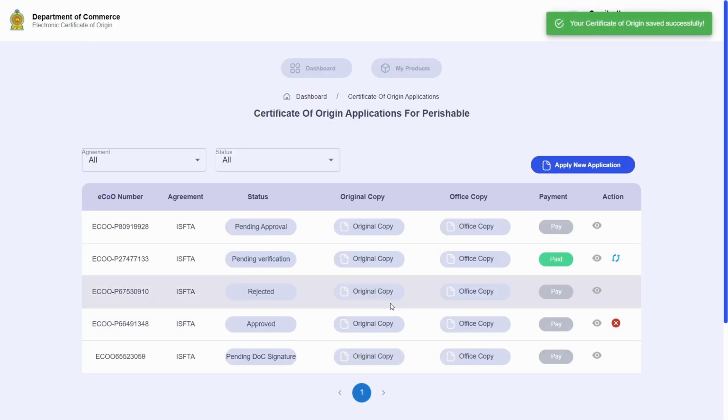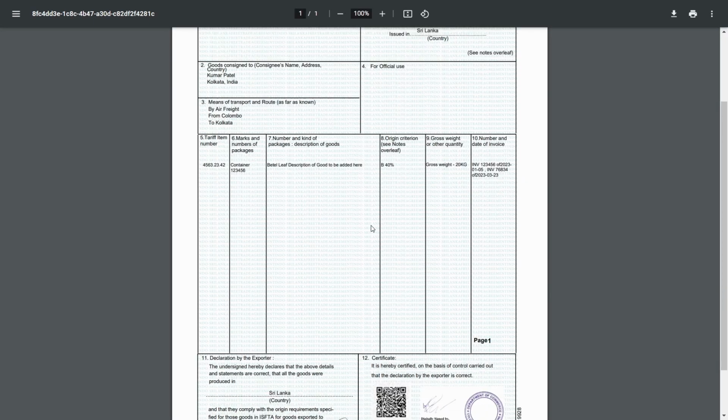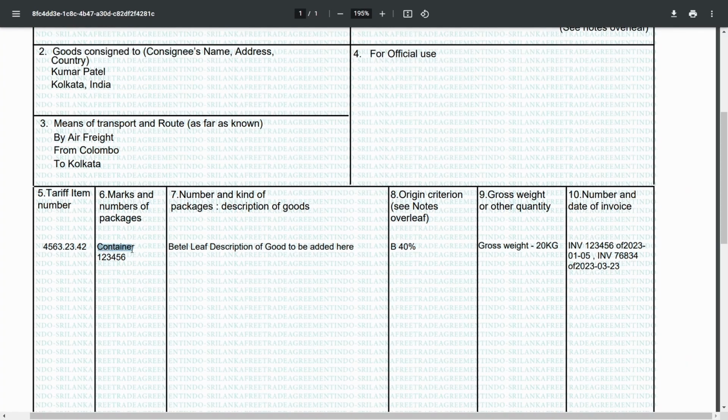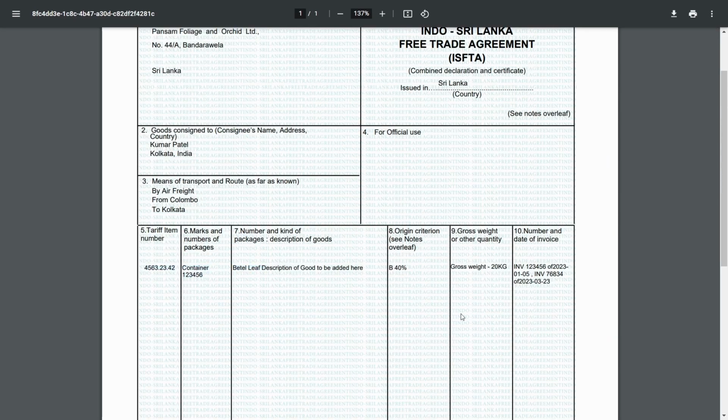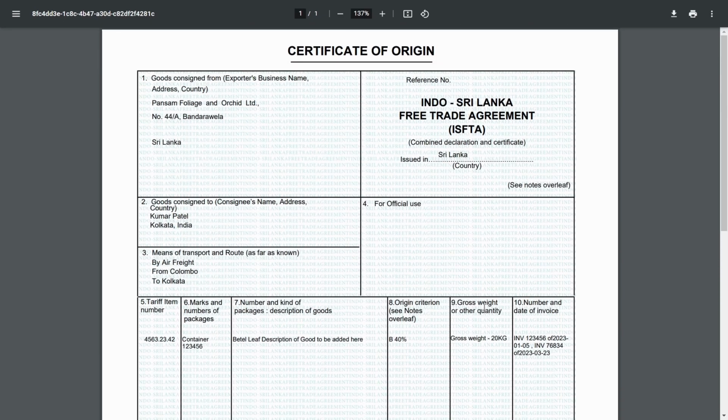After I submit the relevant information, now clicking on the original copy button once again, as you can clearly see, the watermark has now been removed. And the new details I have inserted have been added to the certificate. This concludes the process of applying for a certificate of origin for perishables, as now you will be able to